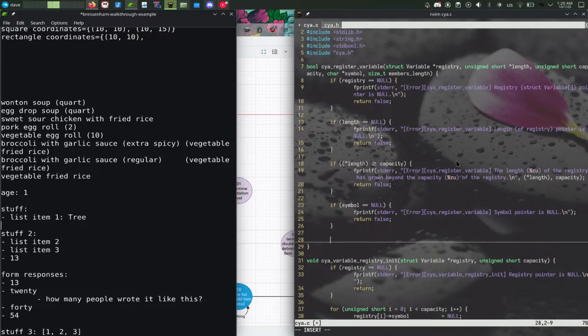And the members length. How many members should it have, right? So what we'll do then is